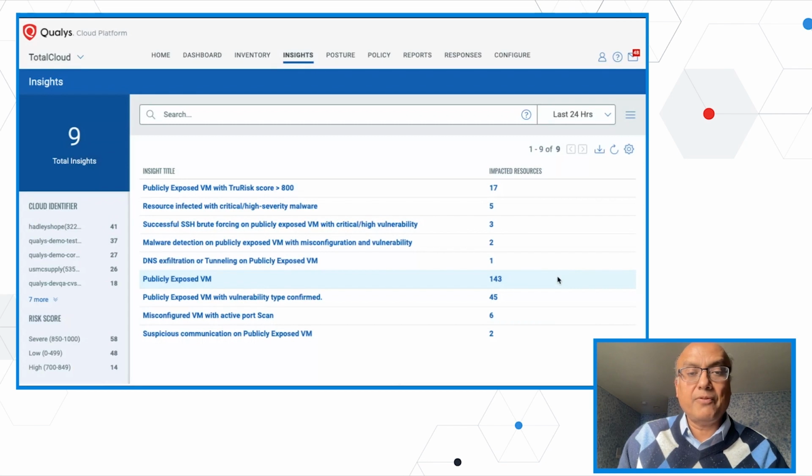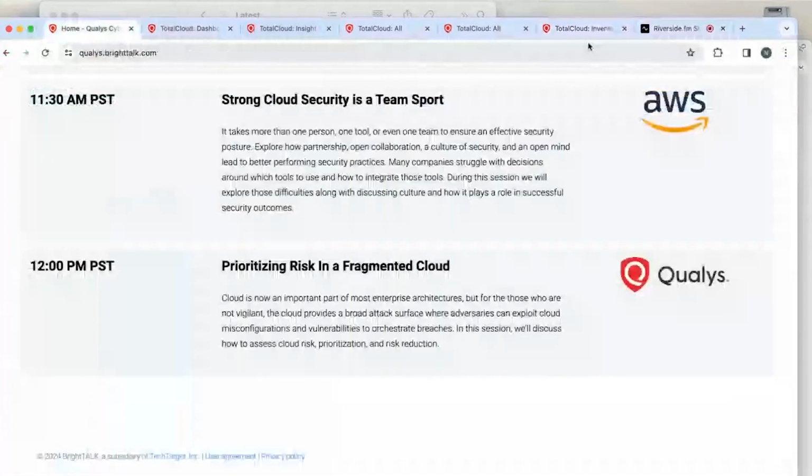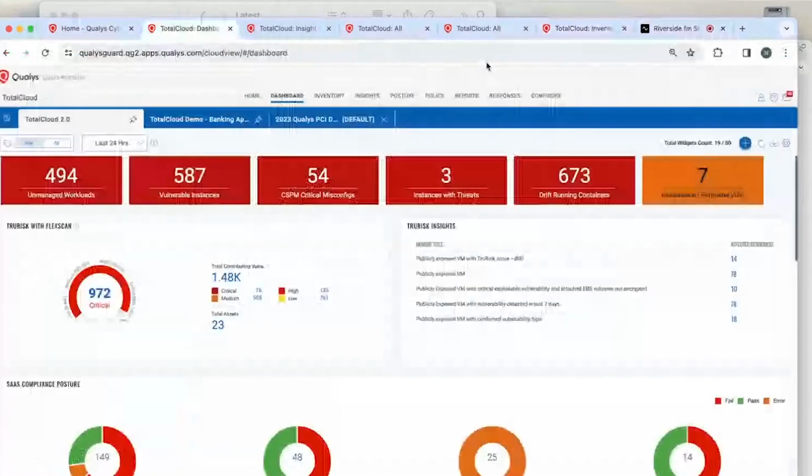This is just a view from the dashboard, and I'm going to give a demo now, so I can show you the product itself, and then I'll come back to show you how you can register to get a trial and your personal copy of a True Risk Insights report. So this is our dashboard,